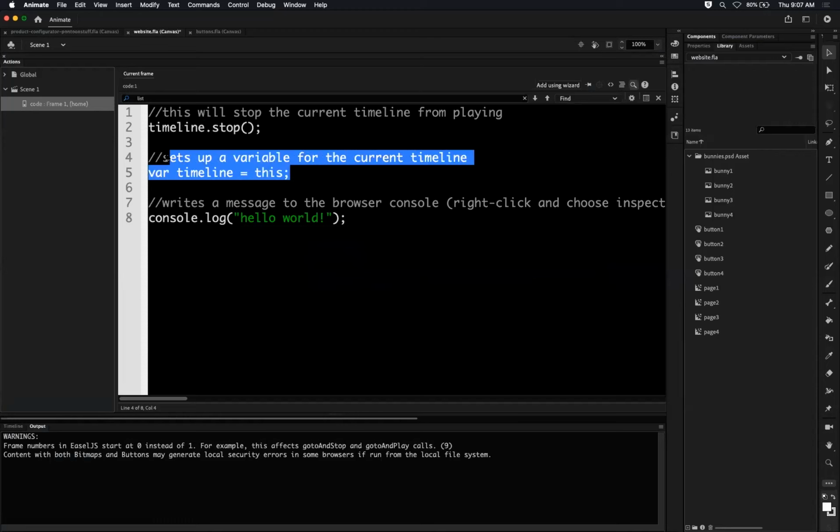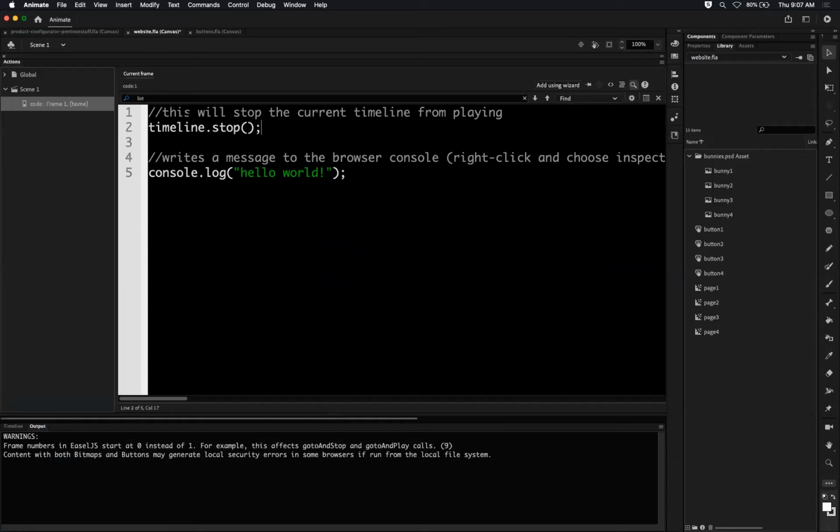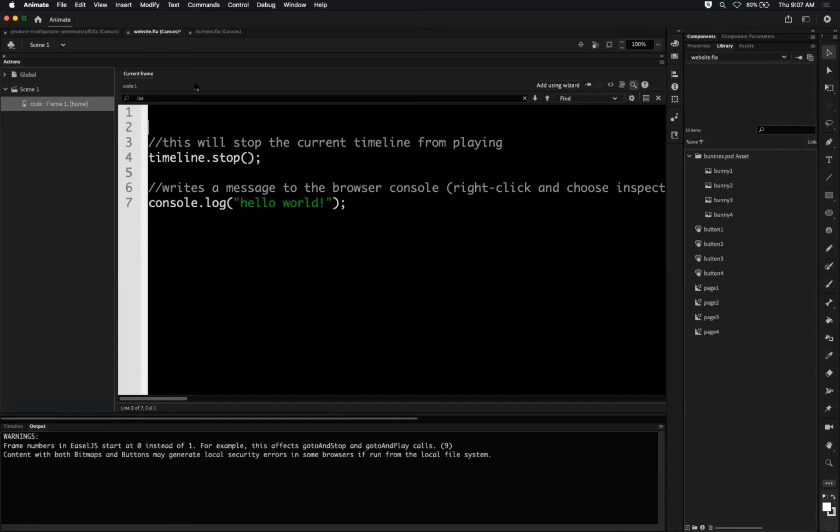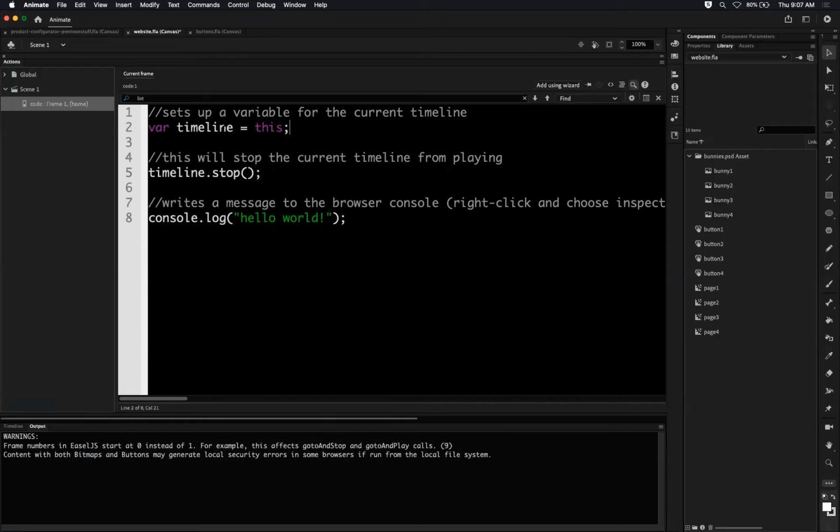So now let's cut this whole variable and put it at the very top. Okay, so now it's defined, this variable named timeline actually means this, which at this point is the current timeline. And now we can use that variable and tell it to stop instead of just using this dot stop, and it should work. So as long as I'm defining that first and then using it,